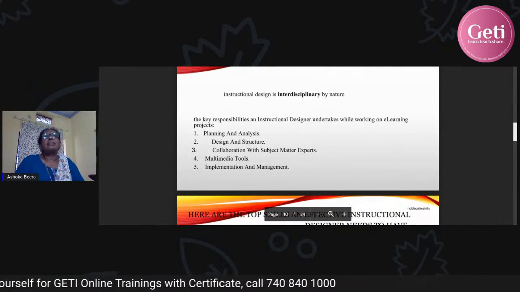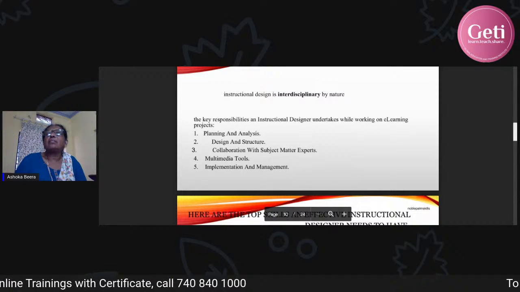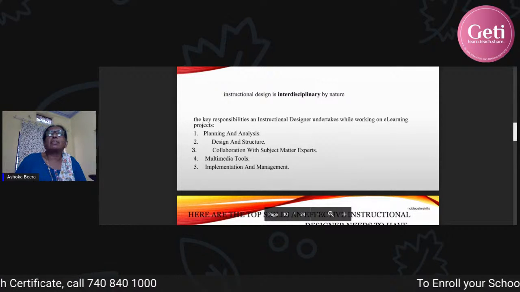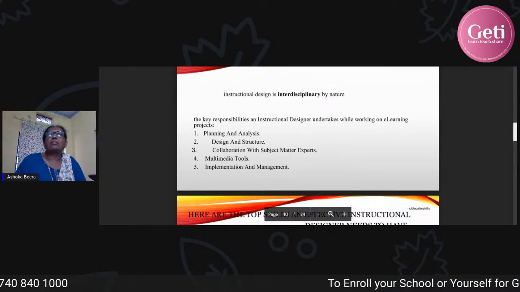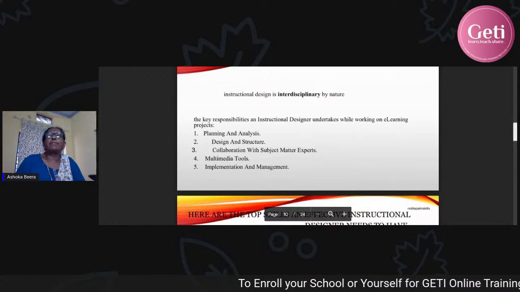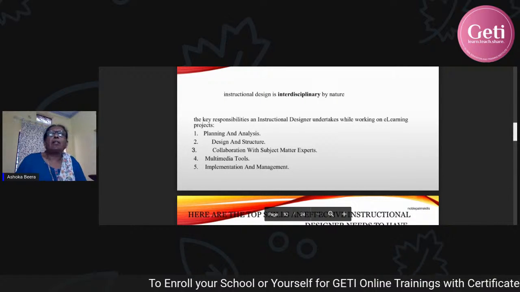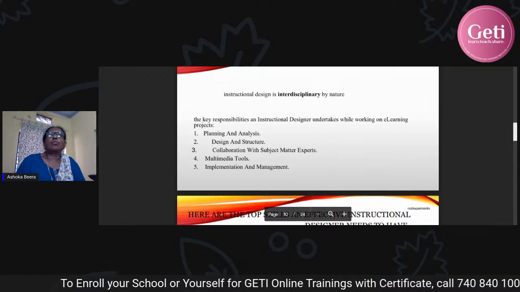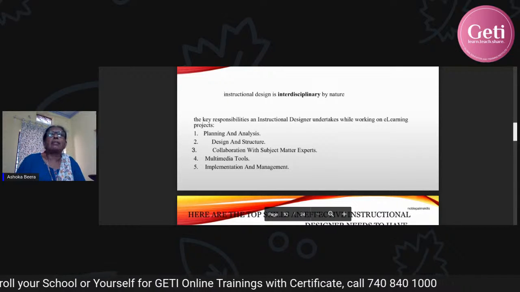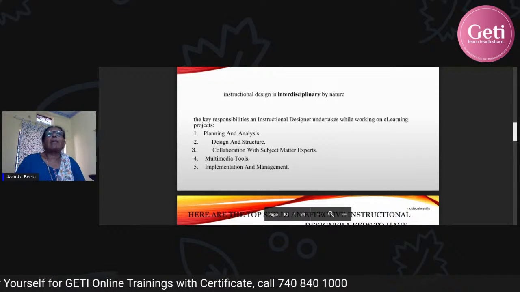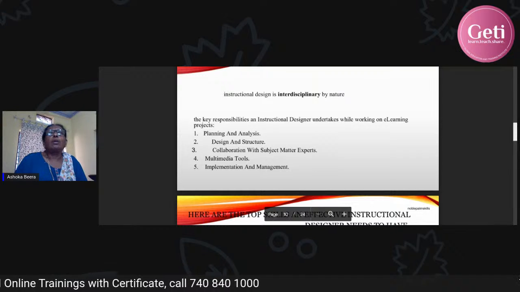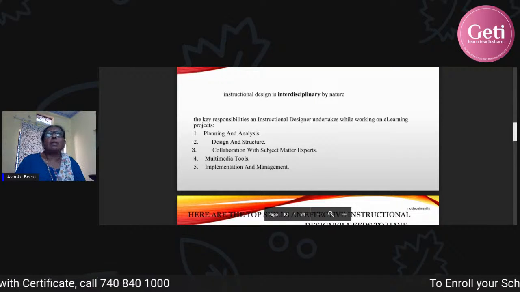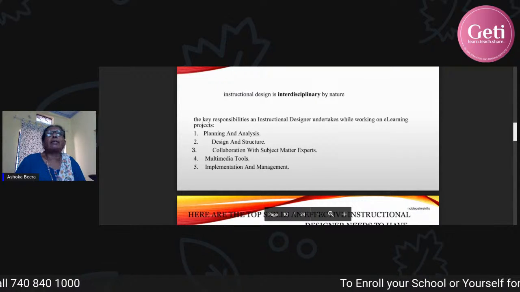So instructional design is almost interdisciplinary by nature. They'll have to use so many subjects and products to deliver a design for content.